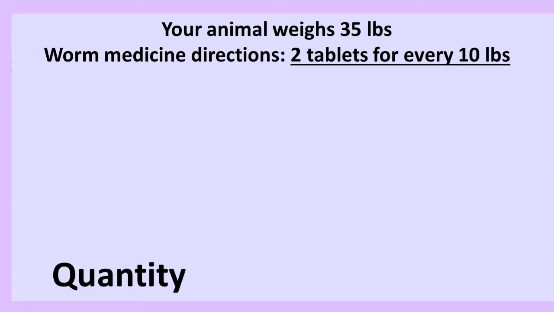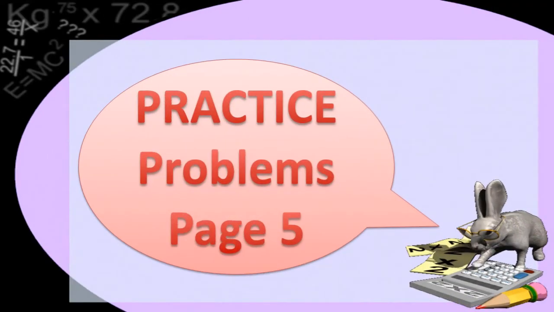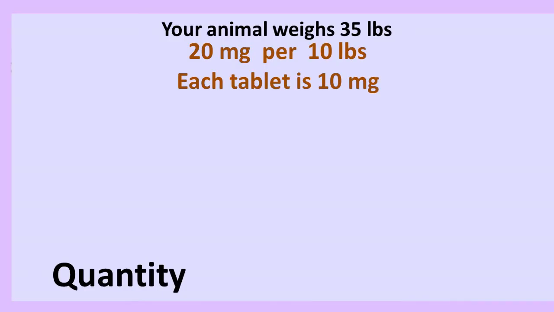This is a one calculation problem. You only needed to find the quantity. You can pause the video and do the practice problems on page 5. Otherwise, we'll continue. What if the dosing instructions said 20 milligram for every 10 pound and each tablet is 10